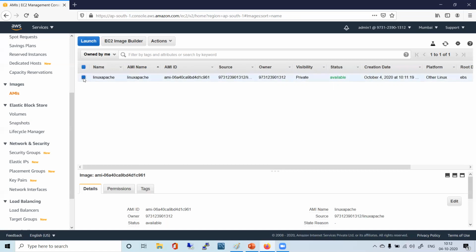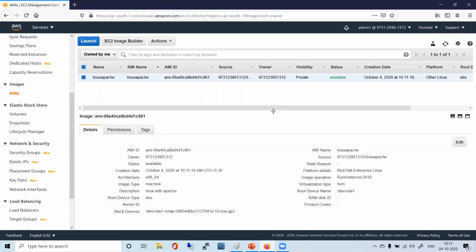Now just click on this image, see the details here. So what it says, this is the source, Red Hat Enterprise Linux, right? So all these things, HVM is the virtualization type here, description is there, image type is machine, architecture, creation date, all those options, block device, whatever is attached, so that is there.